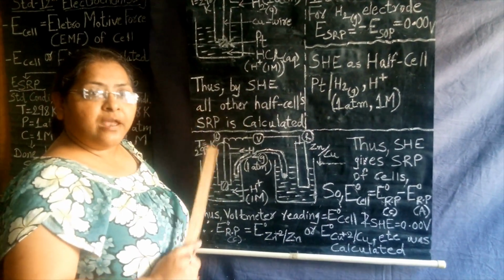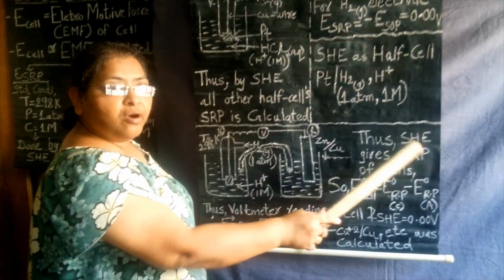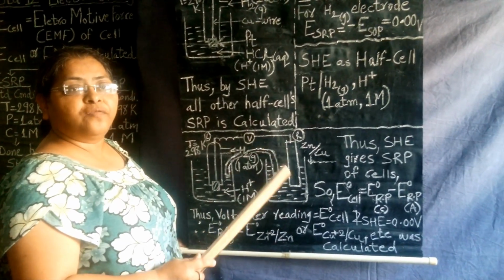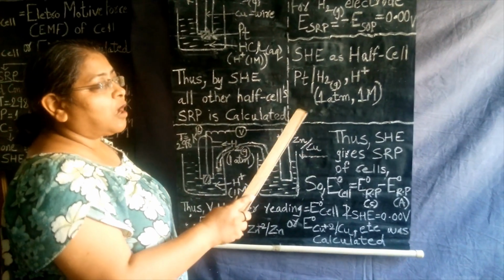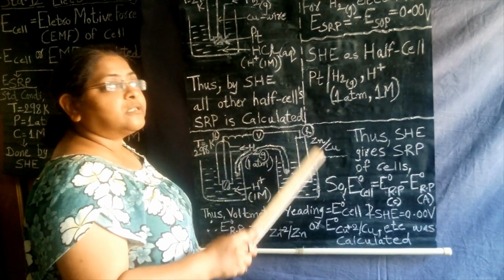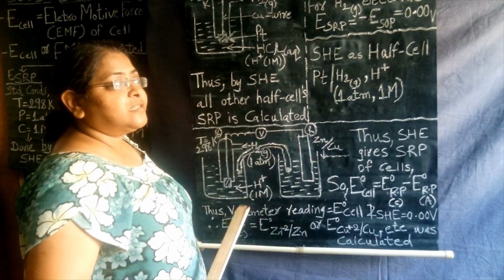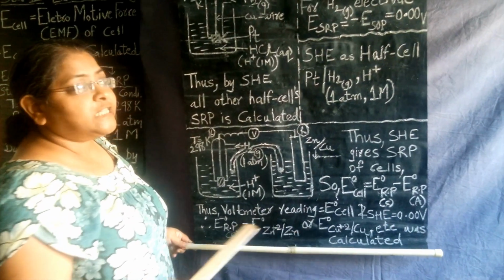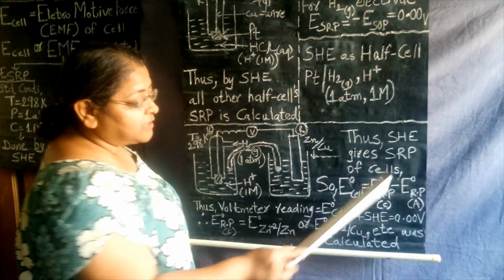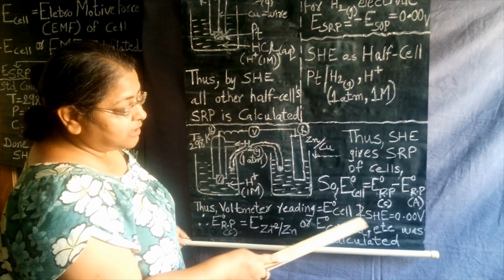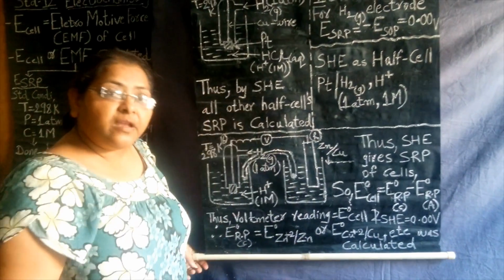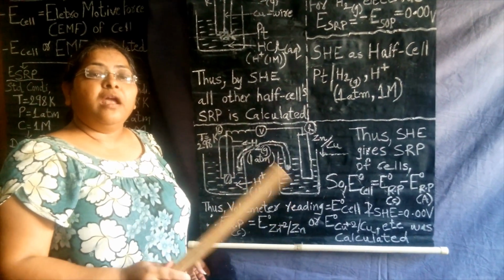Always on the left is the anode, always on the right is the cathode, and separating them are two slabs, which gives us the idea of the salt bridge, right? Now I am going to help you understand how the electrochemical series is generated with the help of SHE. The electrode potentials of all the different metals are calculated,